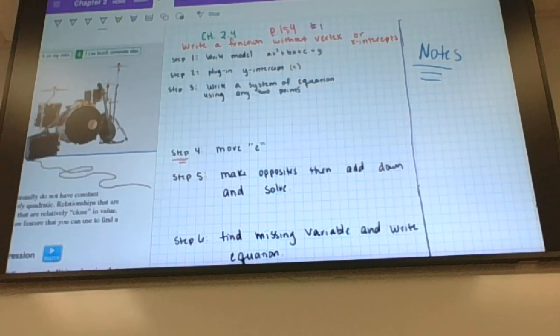You're trying to find A and B. So it gets rid of. So A. I did it different. I always do the A value. I could also take